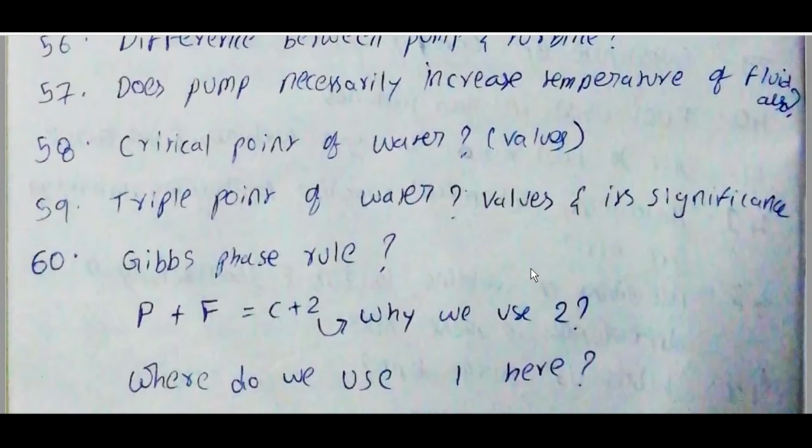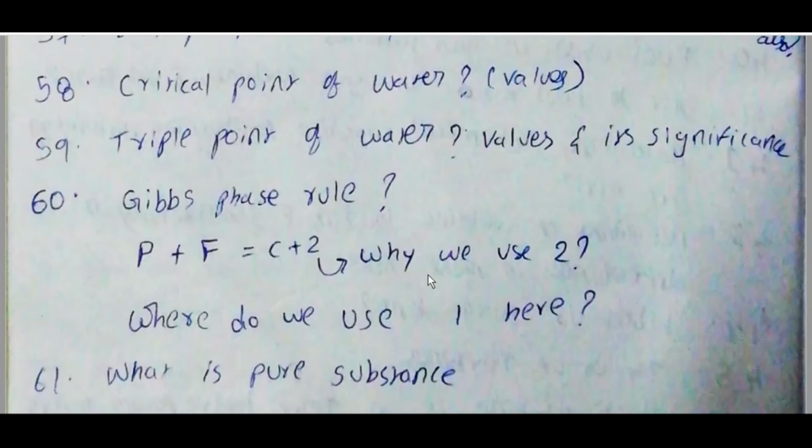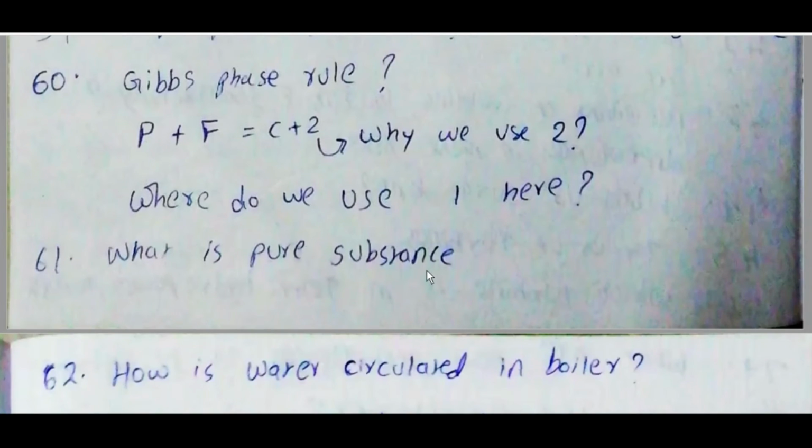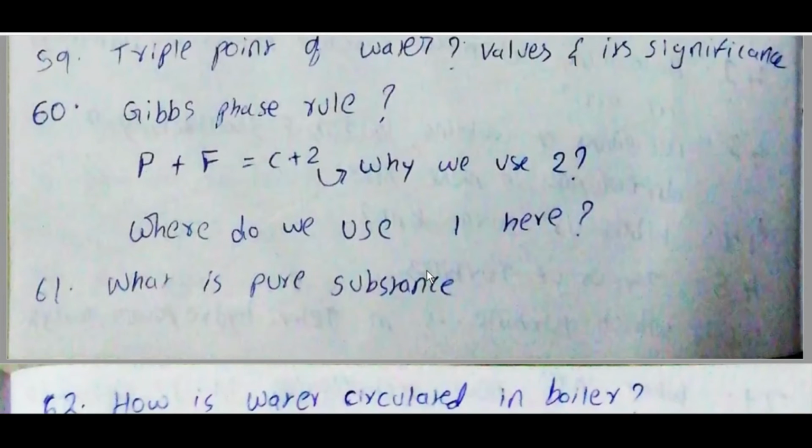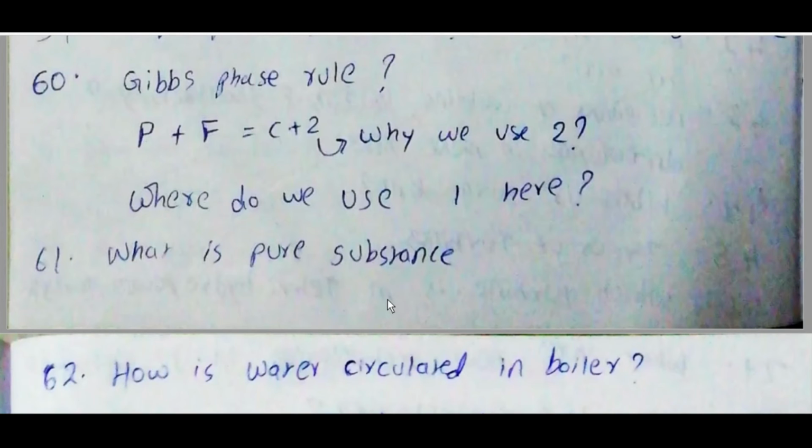Gibbs phase rule: P plus F is equal to C plus 2. Here P is the number of phases, C the number of components, F the degrees of freedom. Degrees of freedom is the number of intensive independent properties that must be specified to fix the state of a system for each phase. Here 2 is used because to define any state we need two parameters like pressure and temperature when they are independent. In the dome, pressure and quality fraction are required. Normally temperature. We write 1 during phase change of metals because there only one parameter is enough.